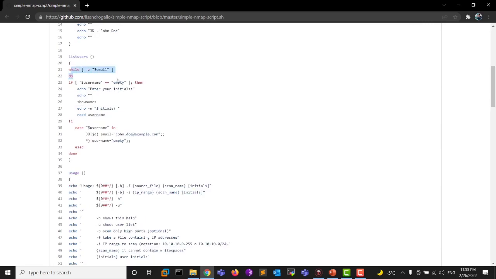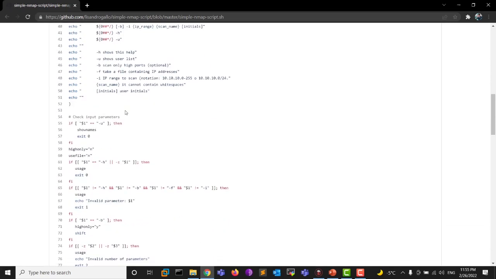Then we have the while loop here. That is a programming basic that I'm not going to talk about here because this is not a programming course, but you can search for it, while loop. Then we have fi here in the while loop. Let's come to the fi and down here. As you can see here, it tries to read the username that is defined here. So when we're scrolling down,